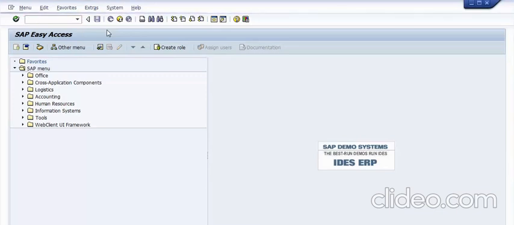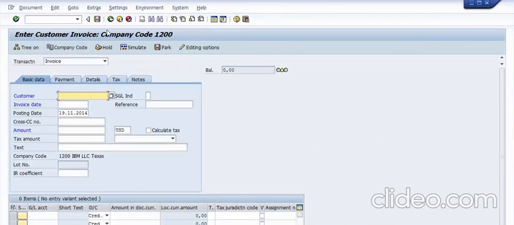We'll be booking an invoice of around $20,000. Suppose $10,000 is already received as an advance. So the remaining $10,000 will be received after the invoice is booked. So first I will be booking the invoice. Customer is selected. Then you need to select the invoice date. Suppose I take the date as 18th/11/2014,